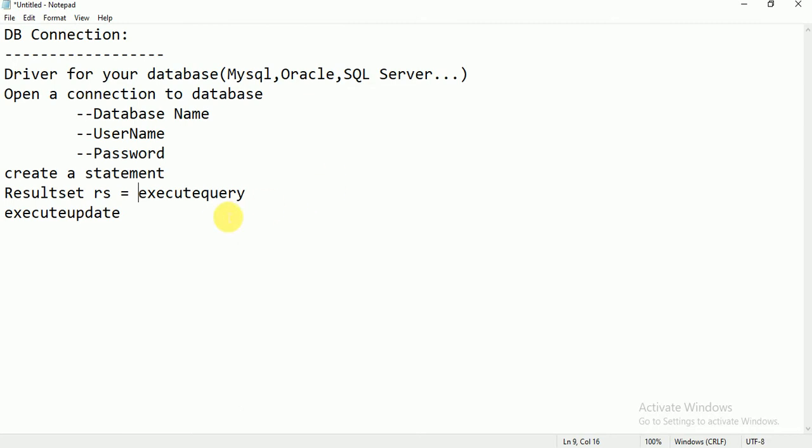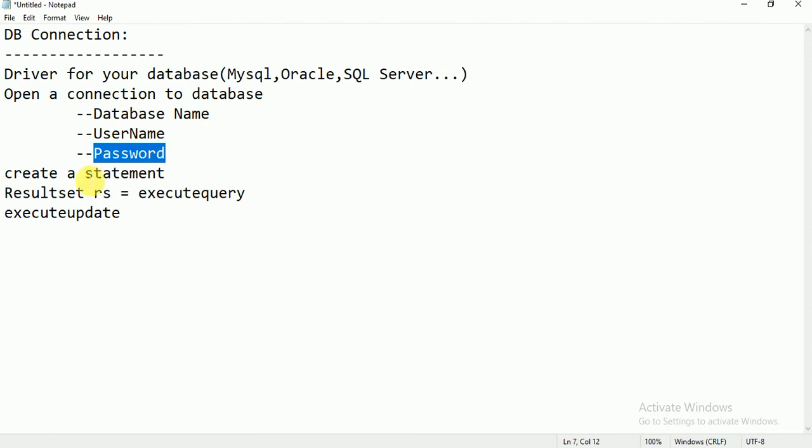So the different things required: first we need to connect to the database. You need to know the driver for the database you are trying to connect to, either MySQL, Oracle or SQL Server. Next, you need to open a connection to the database using the database name, username and password.